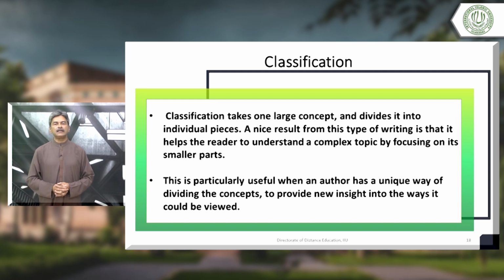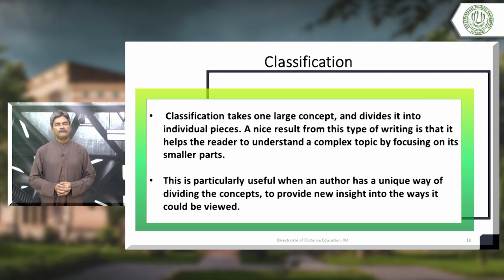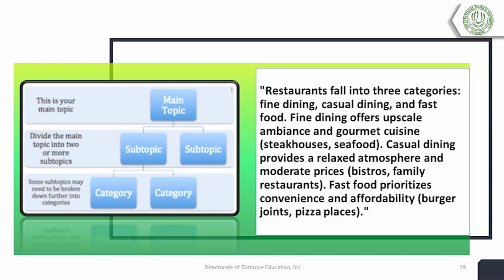A nice result from this type of writing is that it helps the reader to understand a complex topic by focusing on its smaller parts. This is particularly useful when an author has a unique way of dividing to provide new insight into the ways it could be viewed. From this graph you can understand, and the example: